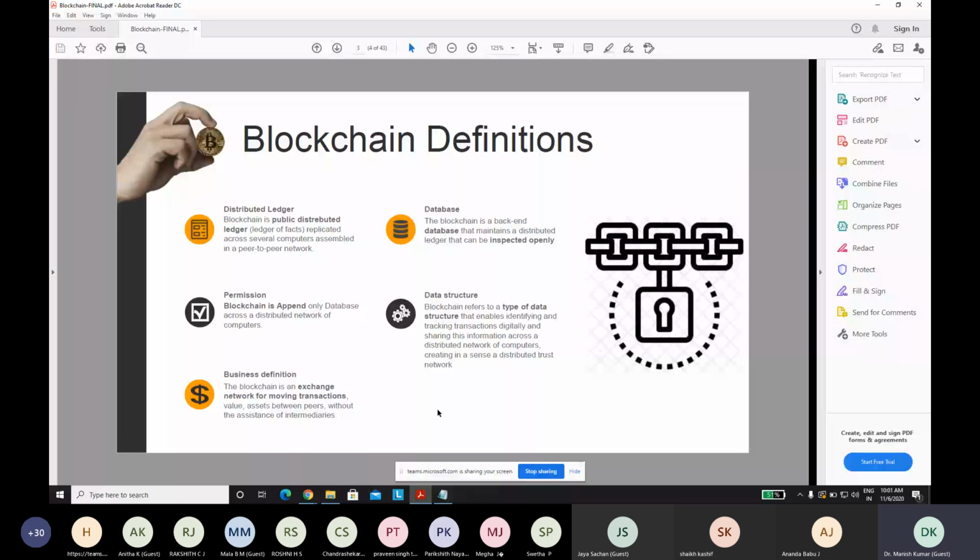Fine. After 1 year, what he did, he again found one more customer, and he said that I am still the owner of this house. And again he did one more dealing, and he sold this house with again a forged document or something for another 1 crore rupees. So the same house is sold twice. And this all practically happens in our real life. There are many such cases. Now why does this happen? This happens because when he sold the house to the first person, nobody in the neighbors or in the locality knew. So the second person who came to buy, even if he tried to validate whether this person is the owner or not,